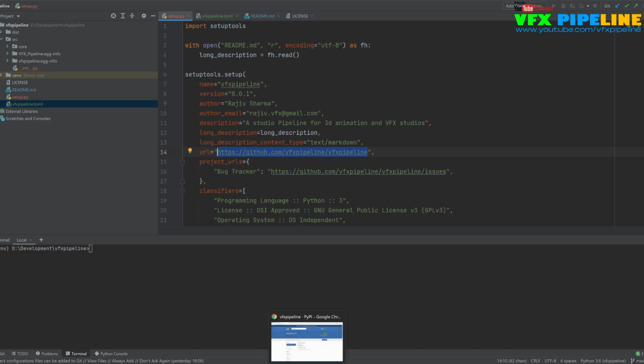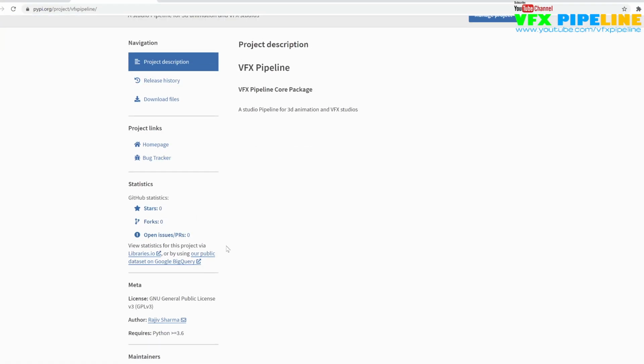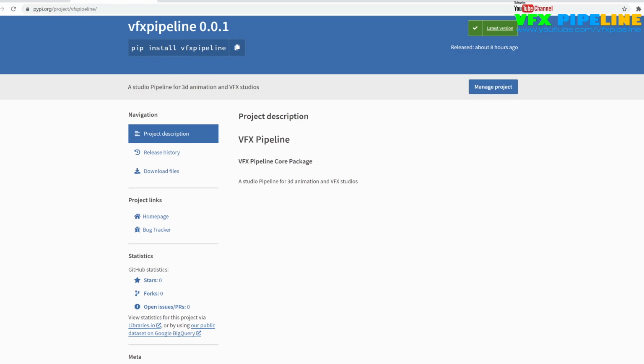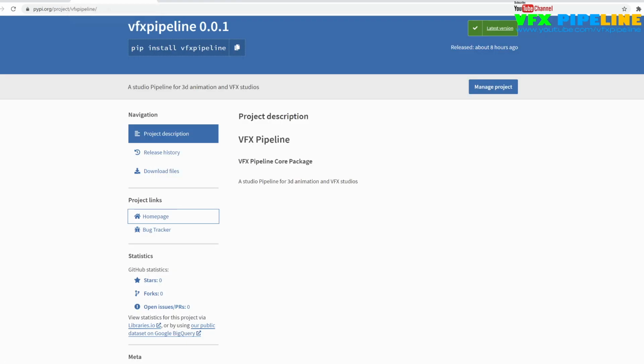If you are on PyPI, you can simply click on home page. Once you click on home page, here you go, you see the package file there. All right, so now let's go back to our setup.py.